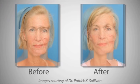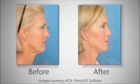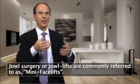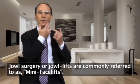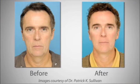And we also look at the chin region, because oftentimes people will have areas of deflation. Just at the side of the chin, in front of the jowl, these areas start getting more and more deflated, and as they become deflated, the chin looks bigger. People will say, I've got an old lady chin and I'm young, what's going on? So we fill in with fat in these regions to help give a smooth jawline, and sometimes back in this area as well, behind the jowl, we'll fill in and try to give a beautiful contour to this angle of